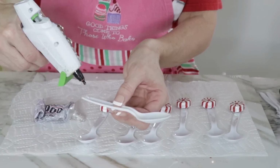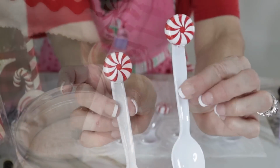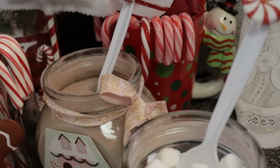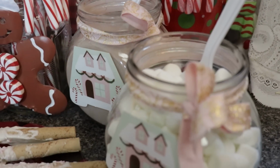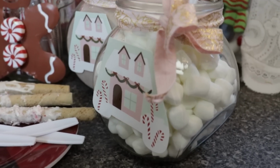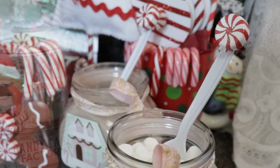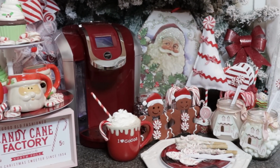But I did several of these because I really wanted to have something to fill my other little gingerbread jar with, because the Hershey Kisses took 2 bags to fill that, just for reference. So here it is popped into my little hot cocoa jars, which I'm going to share with you guys. How fun is this, you guys? This just makes my heart smile because my kiddos